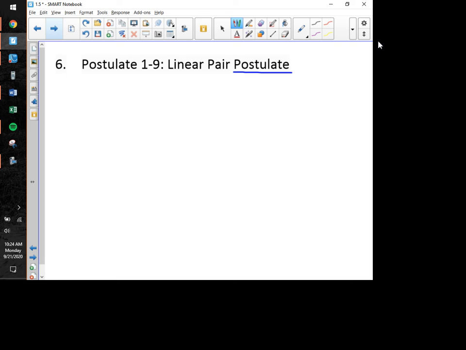So the linear pair postulate, as the name would suggest, deals with 2 angles forming a linear pair. And with most of our postulates and our theorems that we're going to get into later on in the year, we like to write them in what is called if-then form. So our linear pair postulate is going to start with an if. So we would say if 2 angles form a linear pair,